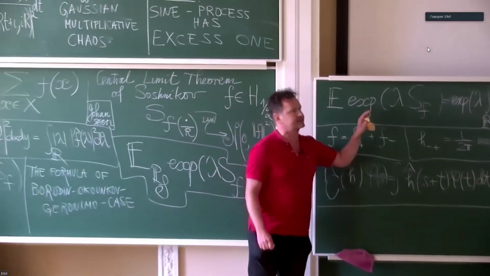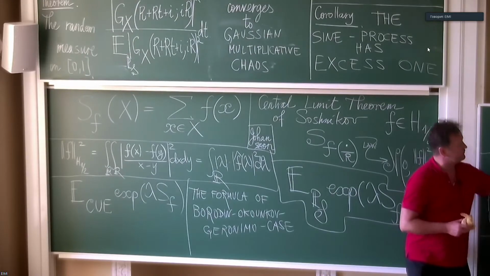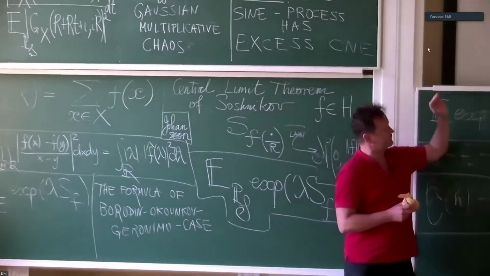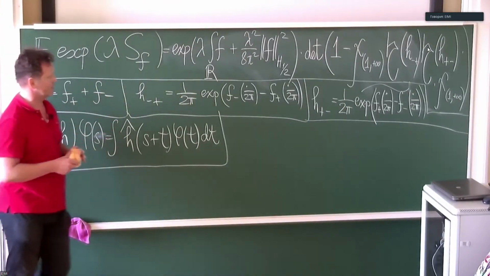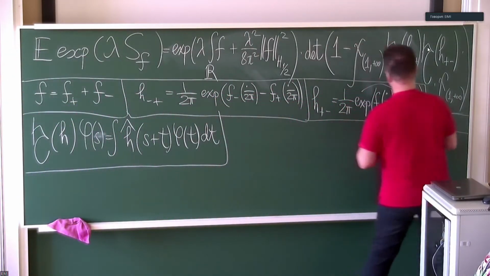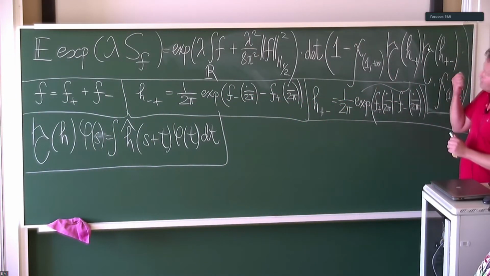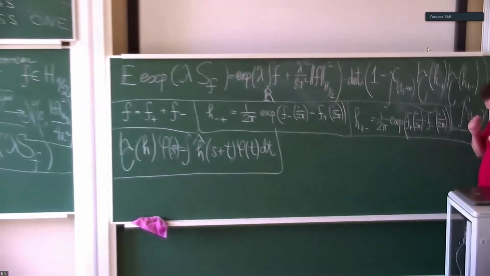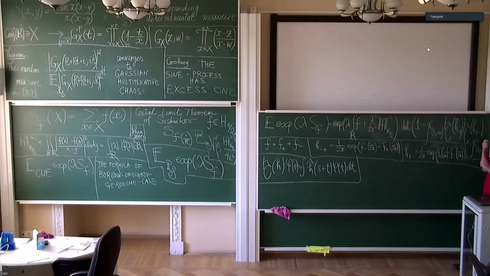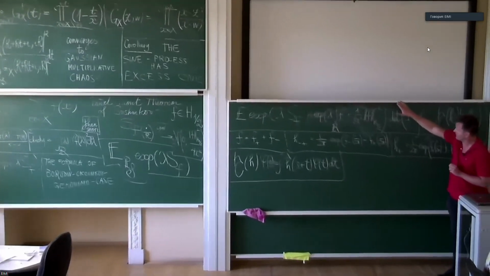This is the scaling limit of the formula of Borodin-Okounkov-Geronimo-Case. This is the scaling limit of the formula of Borodin-Okounkov-Geronimo-Case. So this formula immediately gives me the normal approximation. In particular, the central limit theorem of Soshnikov is a direct corollary of this formula, in that this term,